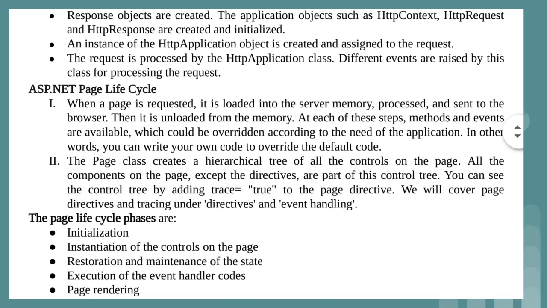Now the second group of the ASP.NET lifecycle is the ASP.NET page lifecycle, because basically when we run the application, the pages are going to get executed. For each and every page we have a certain lifecycle. This lifecycle is divided into different phases. Each phase has different stages, and for different stages we have different methods which are called during execution.